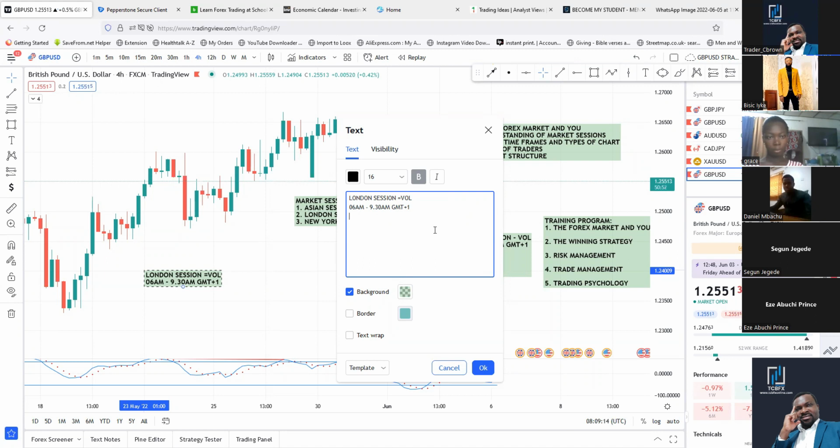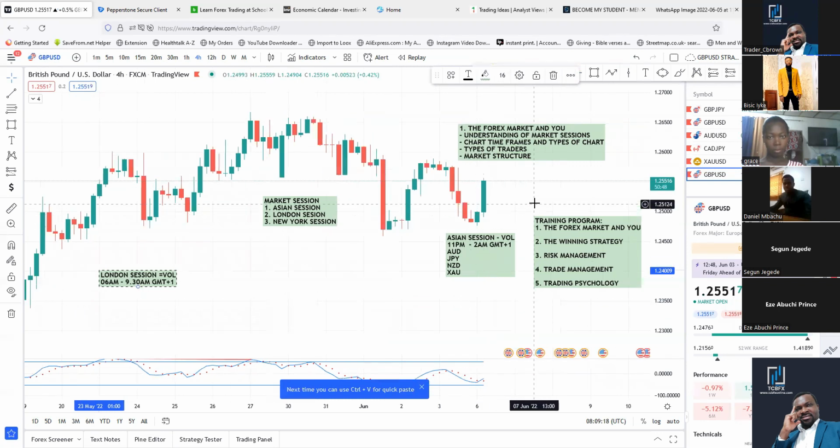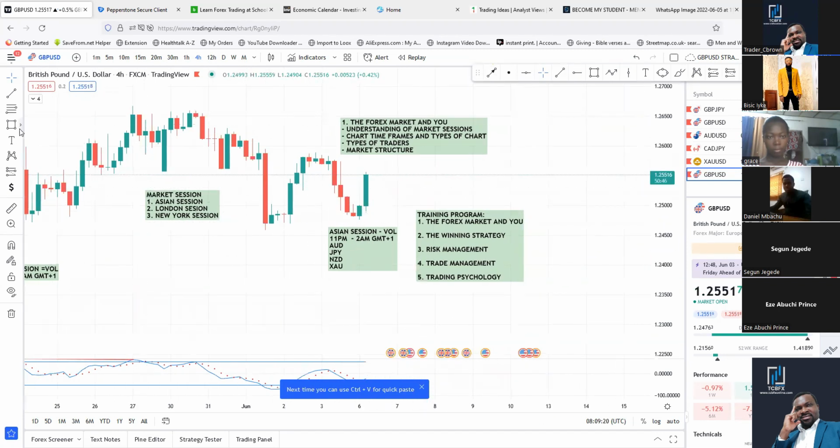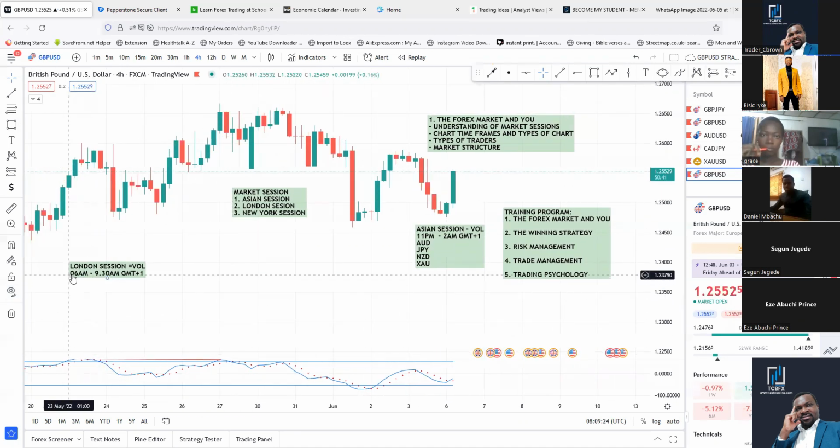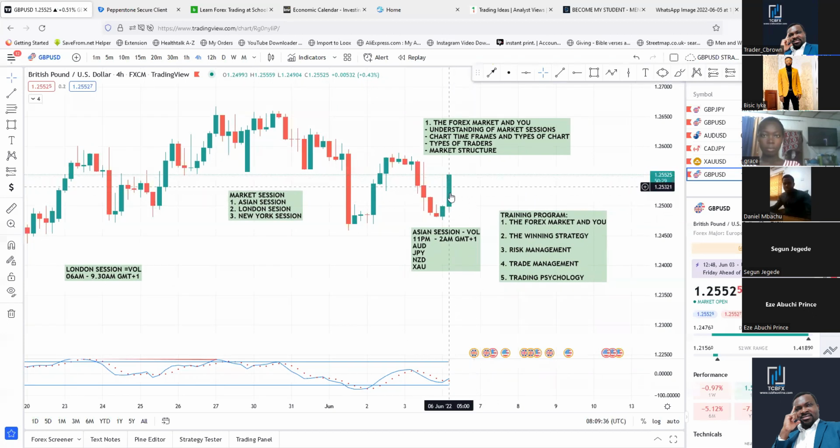If you pay attention to this, for instance, what just happened this morning, look at the move. You see this push to the upside. This is GBP USD. This is exactly the section we are in right now. From 6 a.m. to 9 a.m. GMT +1, look at the move. This whole candle is the section I'm talking about. Did you see how bullish it is? This is called a bullish candle.